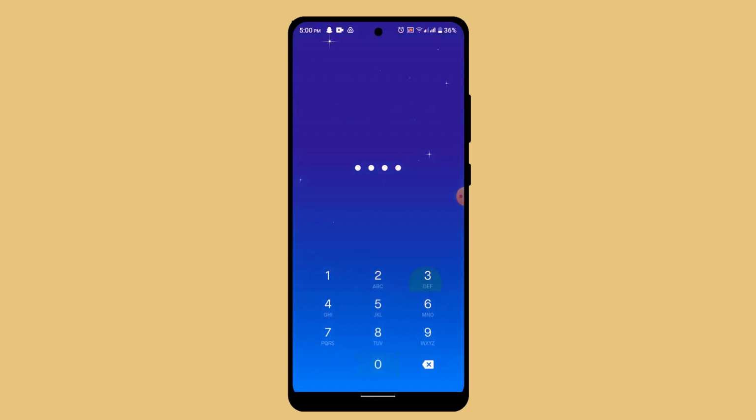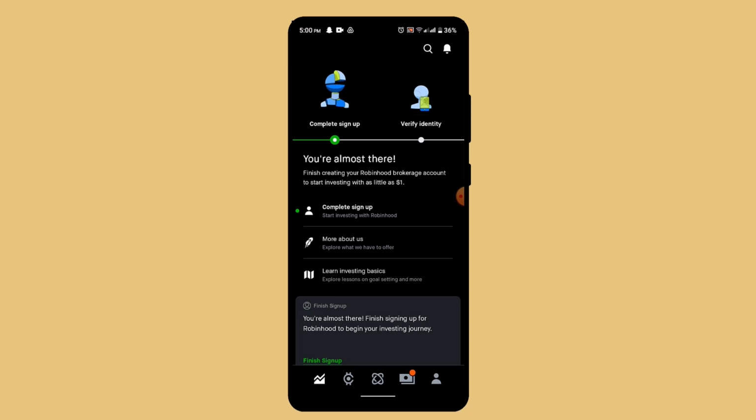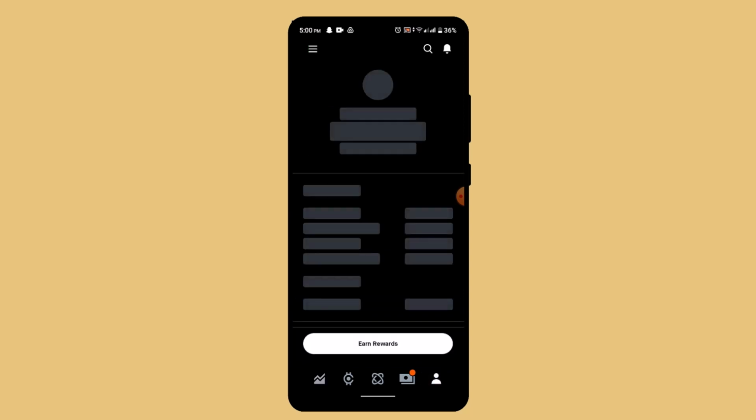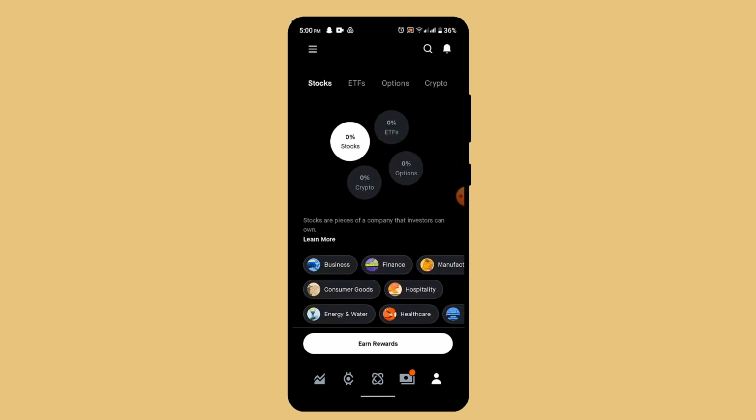For that, go ahead and open up your Robinhood application and log in to your account. Once you're logged in, that's going to take you to the interface, which is going to look something like this. Now right on this page, go to your profile, and then you need to go ahead and select what you